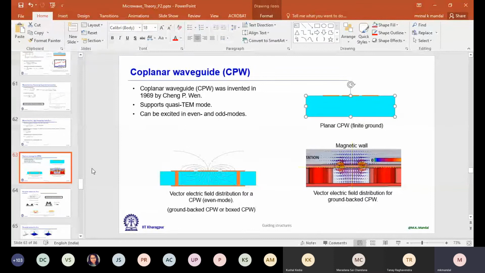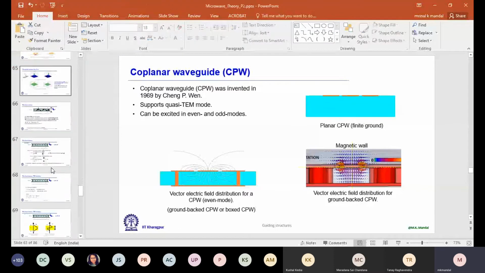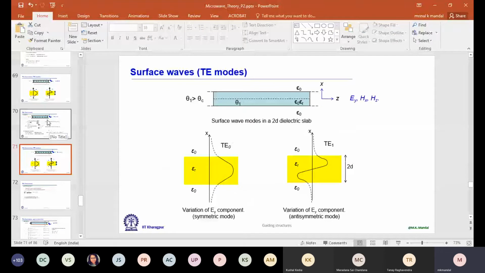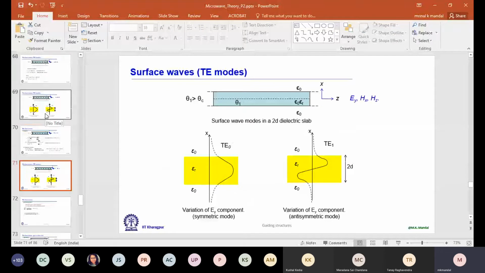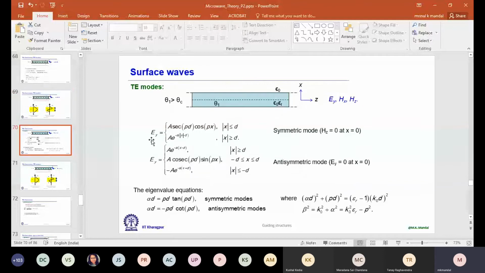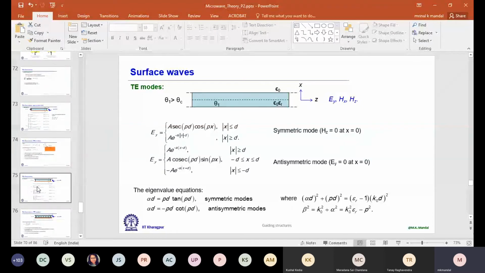Since this is the scenario, it is not a ground-backed case. So I have to consider the dielectric slab test, and we will see where we have EY. If I consider TE mode, here we have the EY component. Then you see this is the culprit for CPW. Anyway, for all the guiding structures, just looking at the field configuration, you can conclude which surface wave mode is creating a problem. Okay, particularly when you go for signal integrity, this concept is important.